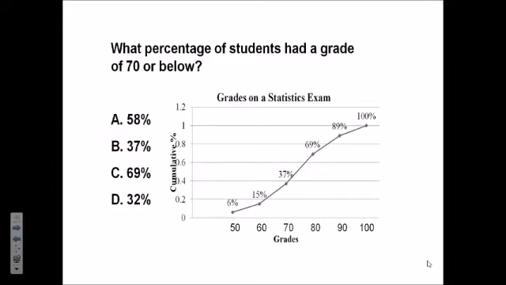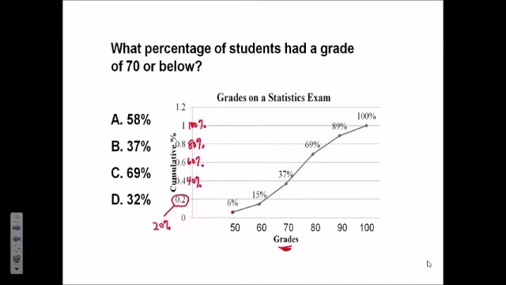This particular one, what percentage of the students had a grade of 70 or below? That's the question. This particular graph measures the grades the students got with their cumulative percents. These should actually be percents here. This should be 20%, 40%, 60%, 80%, 100%. Anyway, the cumulative percent, in other words, what this means, 6% of the students had a grade of 50